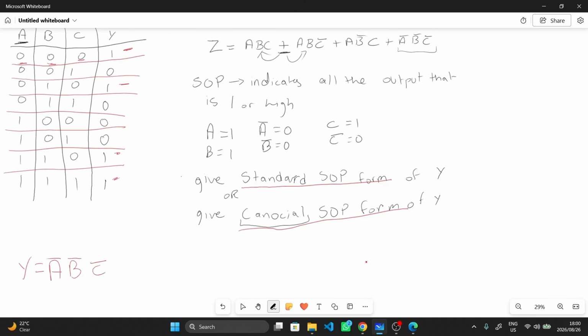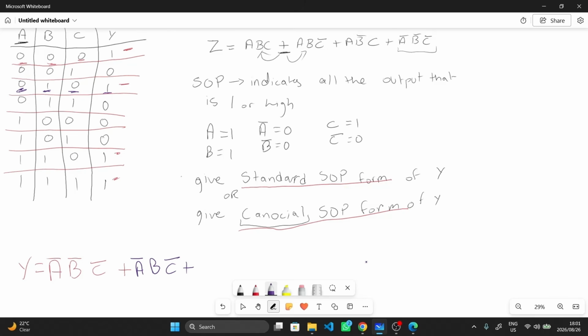Now we add. Now we go to the next one. Now we check here. This one where A is 0, so we'll have A complement. Where B is 1, so we'll have B. Where C is 0, so that will be C complement, right? Plus,